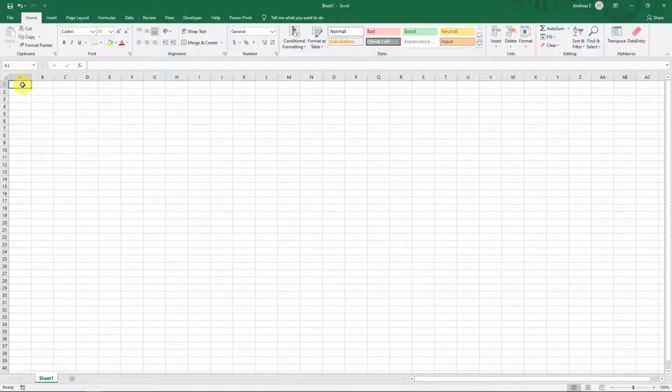This lesson is an overview of Excel's basic concepts that you should know before learning more advanced techniques. When you open Excel, you will see a blank workbook with a worksheet in it. The very first thing I want to show you are the areas of Excel and how they divide it.